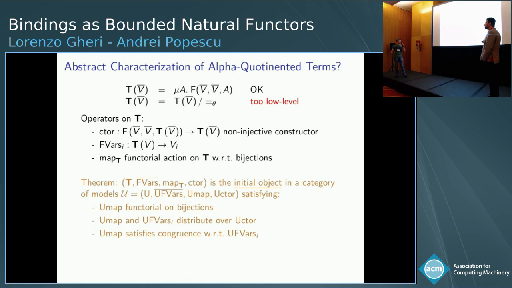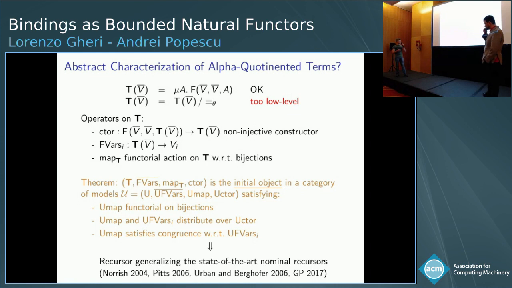with natural properties of terms. Okay, and what does this buy us concretely? With every initiality principle comes a recursor. Our recursor is careful to generalize the nominal recursors, and we can define many useful functions from these. In particular, capture-avoiding substitution. Okay, so we can completely forget about alpha equivalence and focus on this abstract characterization.